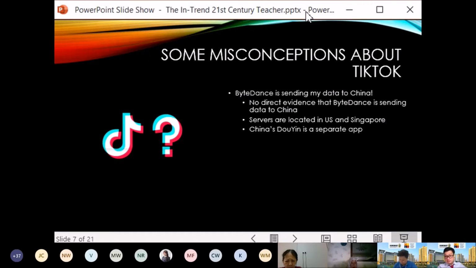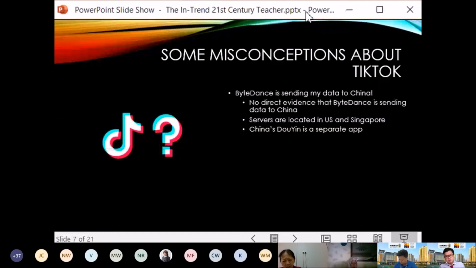And like Emmy pointed out in the chat, China has its own TikTok app called Douyin, separate from our app, separate from TikTok. So if your students are on the China TikTok, which will be Douyin, it's actually quite impossible for us to download Douyin without access to Huawei phones or whatnot.